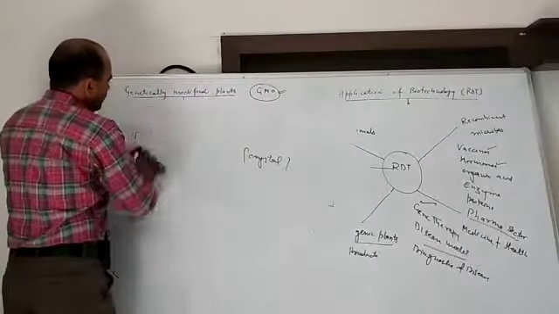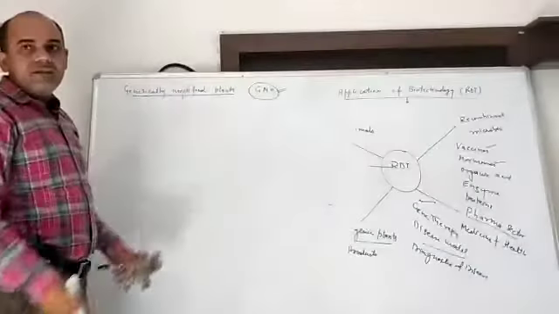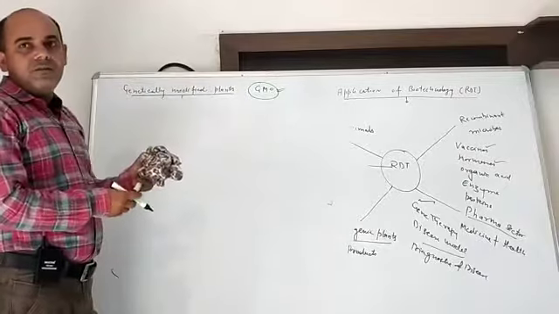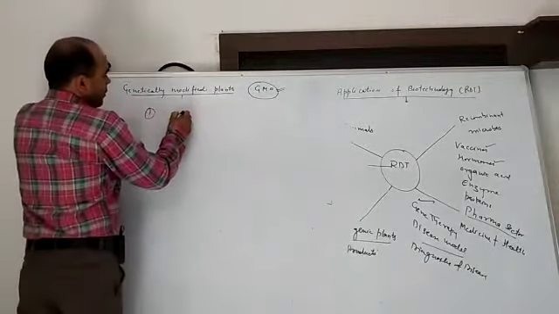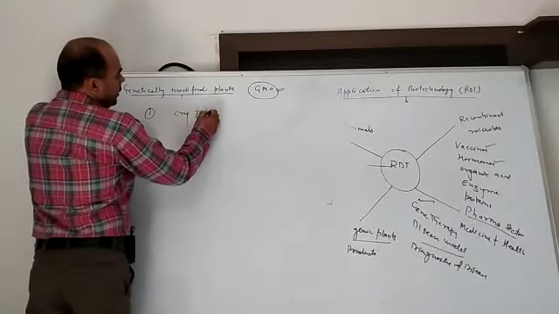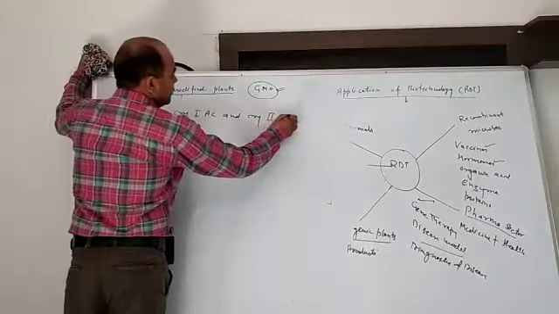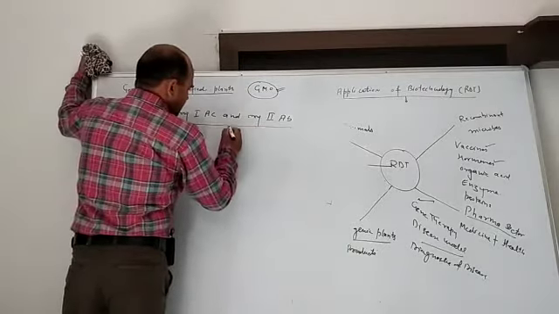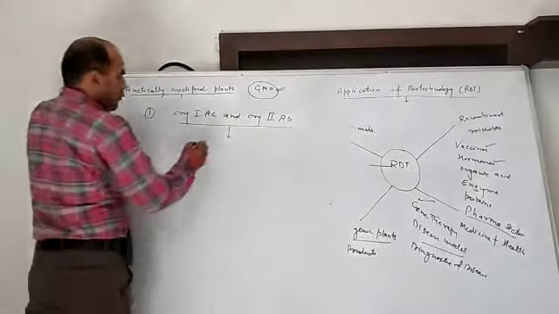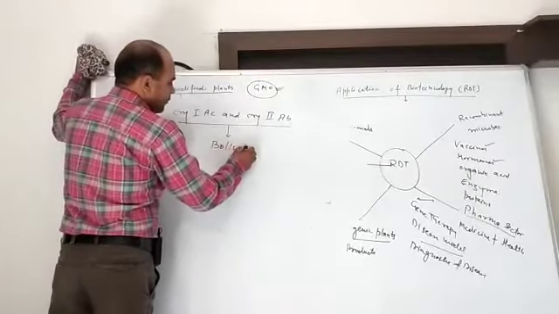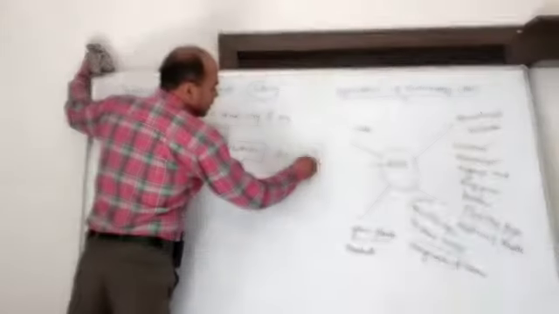Again, an important 1 mark question. There are so many types of cry genes, and out of so many, 2 are given which show resistance against a particular bollworm. Number 1, Cry1AC and Cry2AB. These show resistance against the particular bollworm, which we study in BT cotton. Very important question.